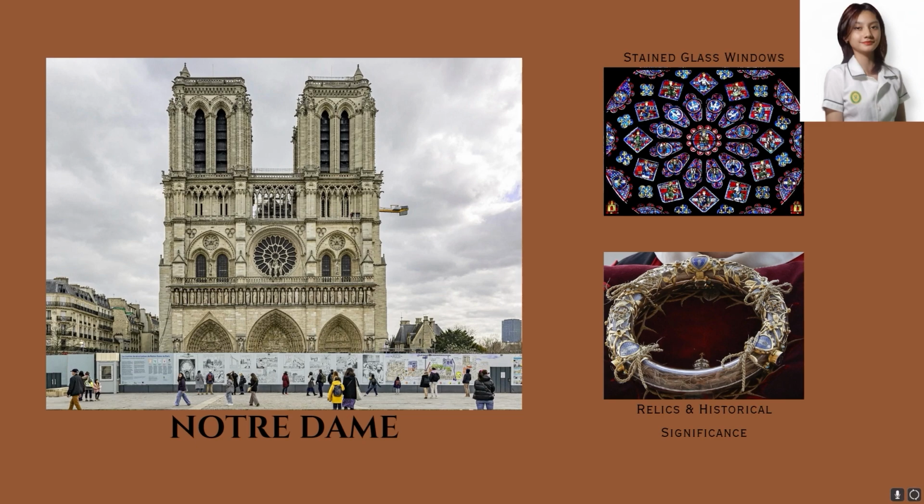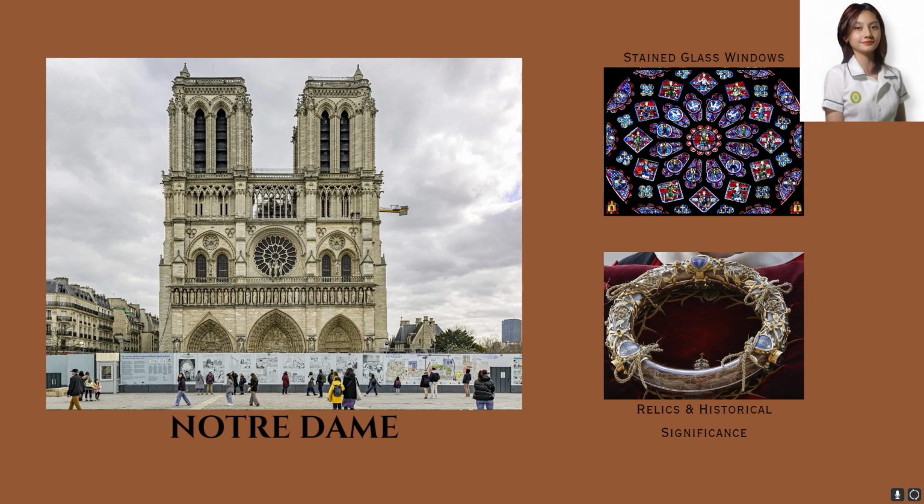The cathedral showcases the evolution of Gothic architecture, blending elements from the earlier Romanesque style with innovations that would define the Gothic era. And like the Chartres Cathedral, Notre Dame is also famous for its magnificent stained glass windows, particularly the three large rose windows. These windows, created in the 13th century, depict biblical scenes with saints, allowing natural light to fill the interior with